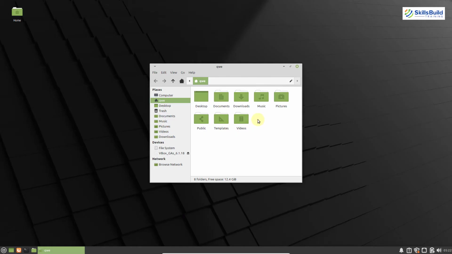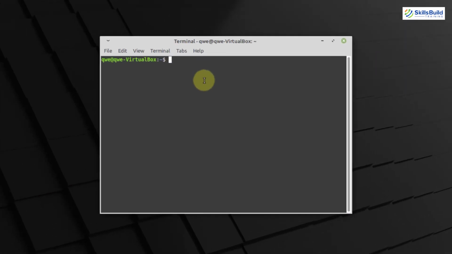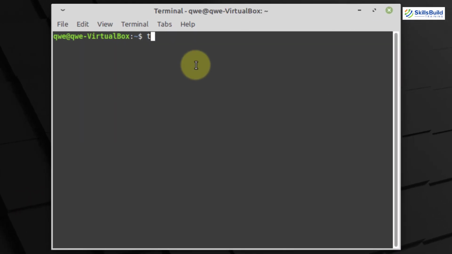So we have already talked about the user interface, and if we talk about the performance, it is a very light and very responsive desktop environment, and it performs really well on lightweight machines as well. So it means if you have really moderate hardware resources, this is the desktop environment that you can use on your machines. Now let's see how much resources this machine is using.